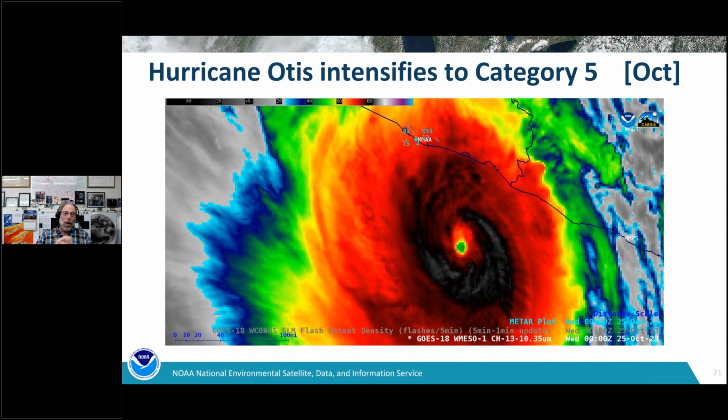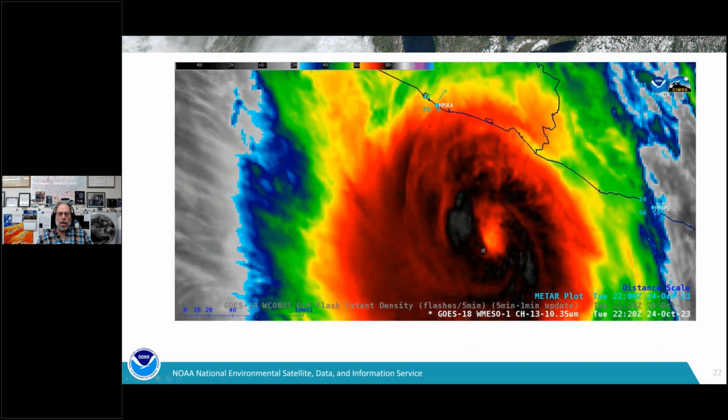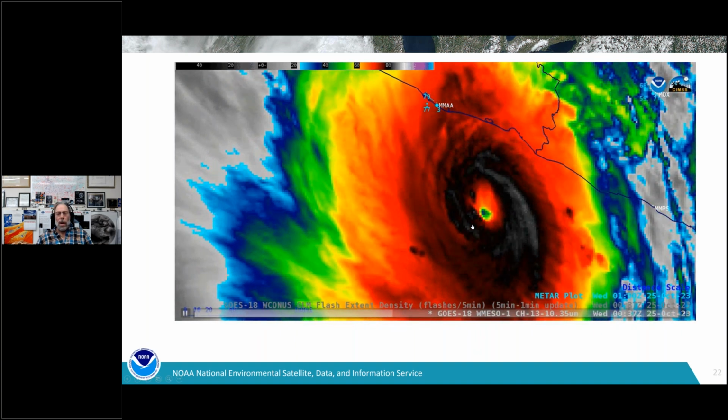Could also show a lot of hurricane loops this year. This specifically was Hurricane Otis. Here's the coast of Mexico as it intensified into a Cat 5. So again, you can see the outflow.